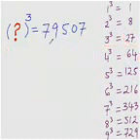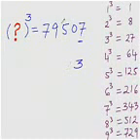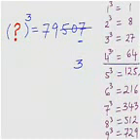Now find out what would be the cube root of 79,507. Look at the last digit here. It is 7, and you know that 7 is a part of conjugate pair. So what is the conjugate of 7? 10 minus 7 is 3. So write 3 here and immediately strike out the last 3 digits. Now look at the number that is left, 79. What is the number that has its cube near 79? It is 4, isn't it? Because 5 cube is 125, it is more than 79. So the nearest cube, that is the cube of a number that is either equal to 79 or less than that, would be 4. So the answer is 43. As simple as that.